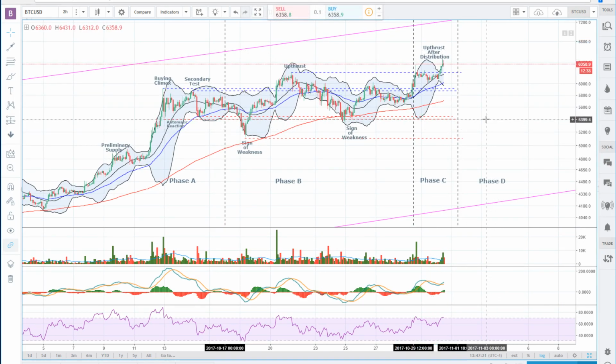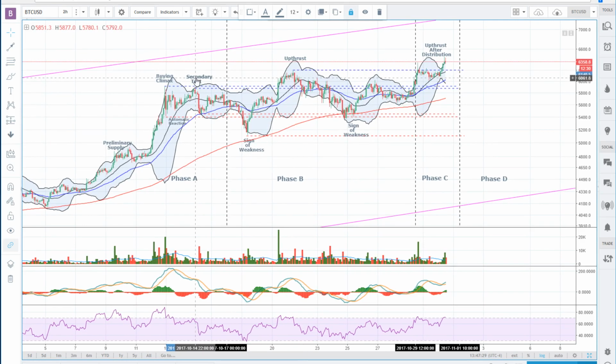So I'm of the opinion that this is still valid. I don't know about any of you guys, but I'm of the opinion that this distribution phase is totally still valid. It fits too nicely. The only issue is that if you look at past models of Schmidt distribution, it doesn't fit perfectly. But then again, like most TA,